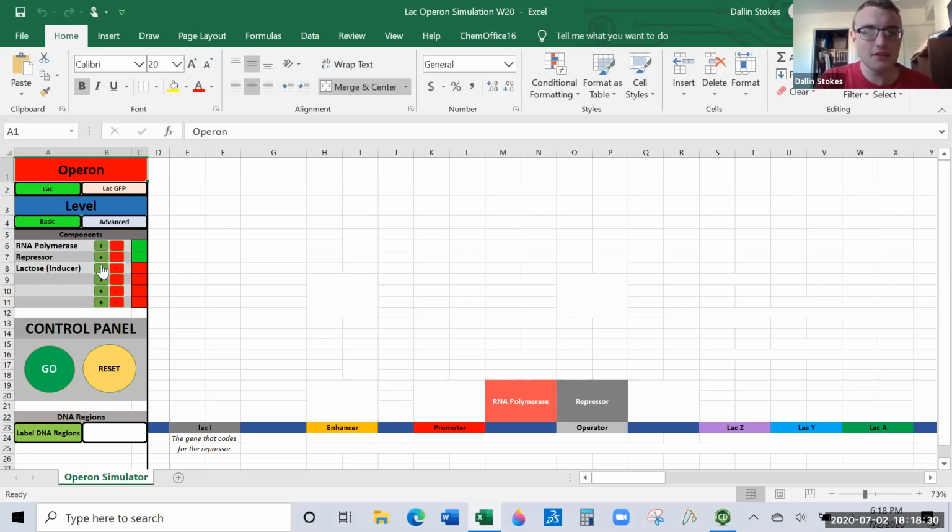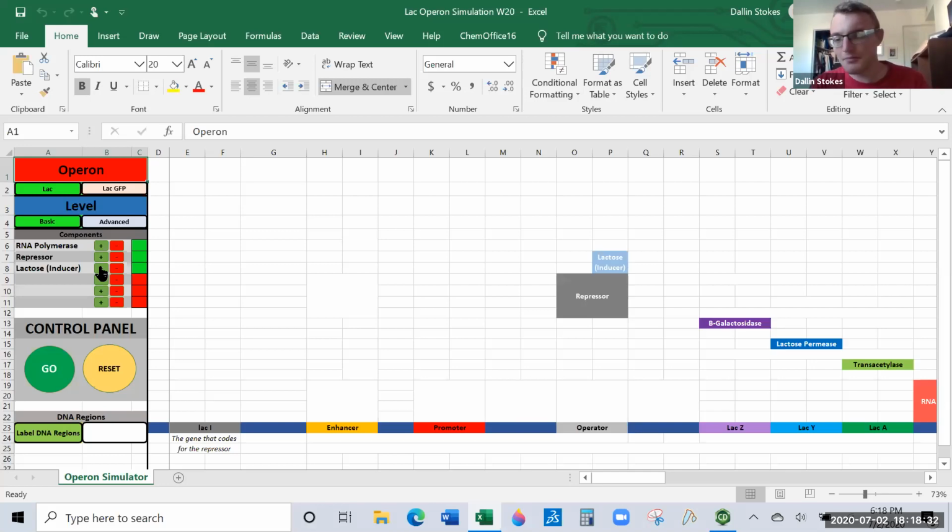In this role, lactose is what we call an inducer. There are lots of genes in the body, and not all of them are influenced by lactose. But for all of them, there's some molecule that acts as the key. And the key is what we call an inducer. Whatever the key is, lactose in this case happens to be the inducer. The inducer induces the expression in the operon. It's the thing that causes it to happen. So you need the inducer, which is lactose in this case, to bind to the repressor to get it off the train tracks so that we can activate expression.